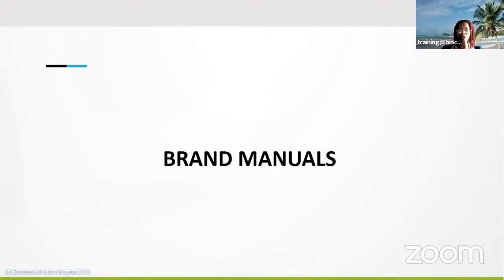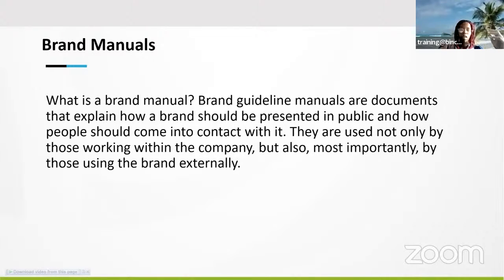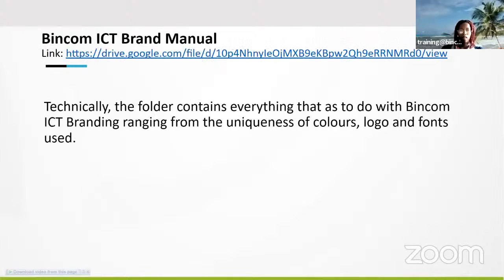Now we have the brand manual. The brand manual is a document that contains guidelines and important information that you need to know as a member of Bincom Dev Center.